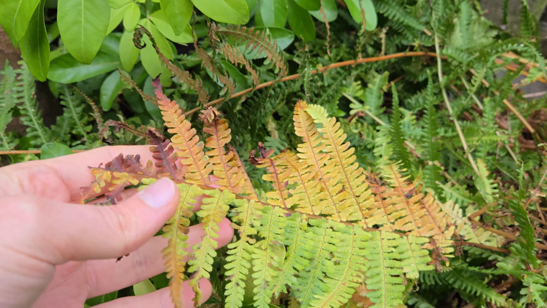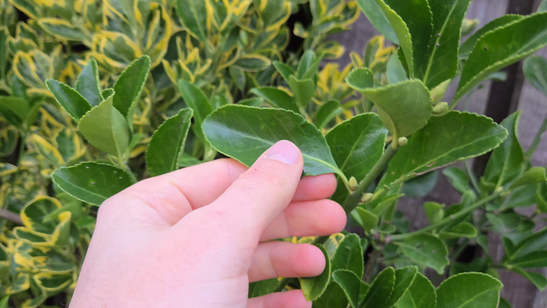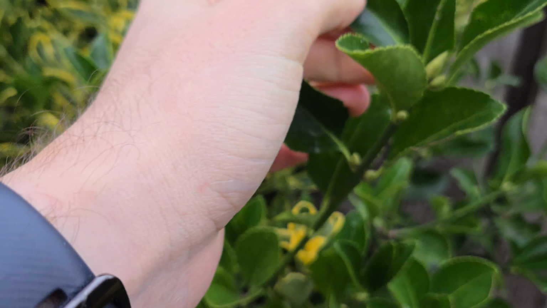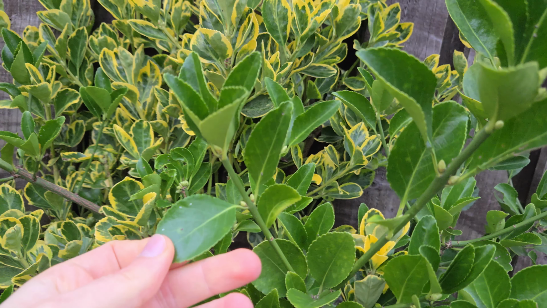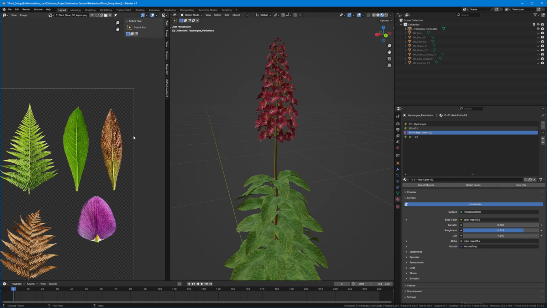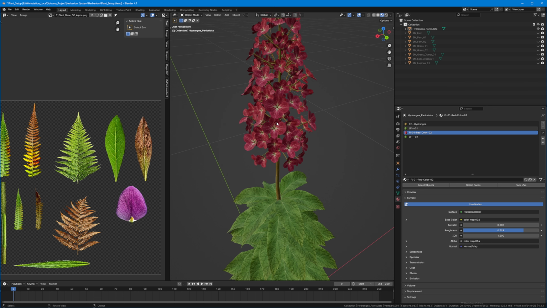And here's where the magic of free tools like Materialize comes in. Once you have your images ready, Materialize can help you generate complex maps like normal maps or height maps, which add depth and realism to your materials. It's a simple yet powerful way to turn basic photos into fully usable assets. So whether it's your garden, a park, or even a plant shop, inspiration and resources are all around you, just waiting to be captured. For me, I'm going to get some resources to replace these leaves and then these flowers